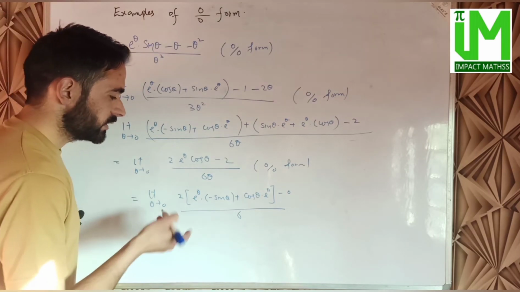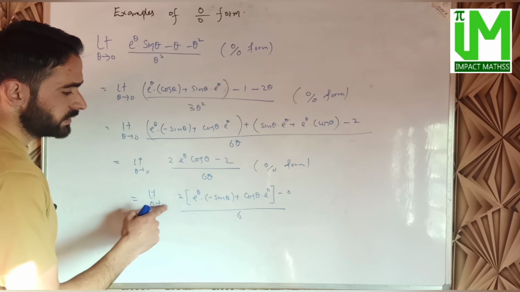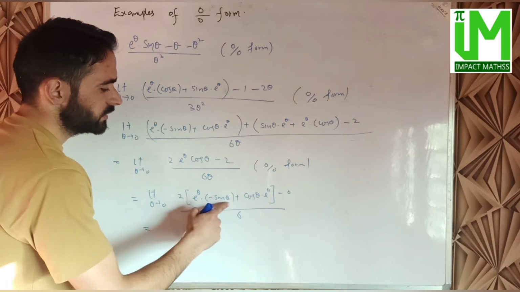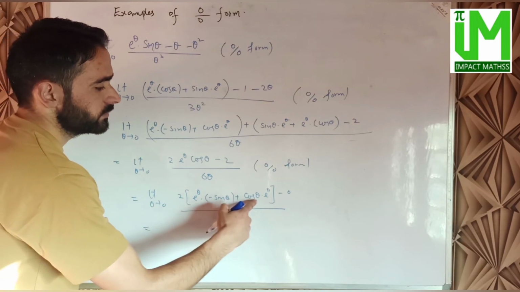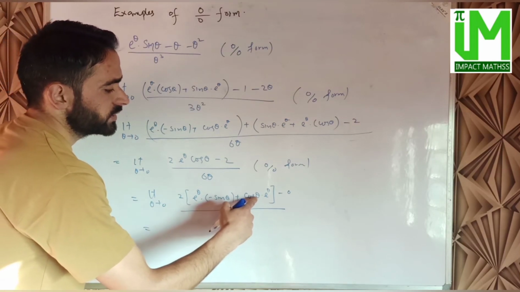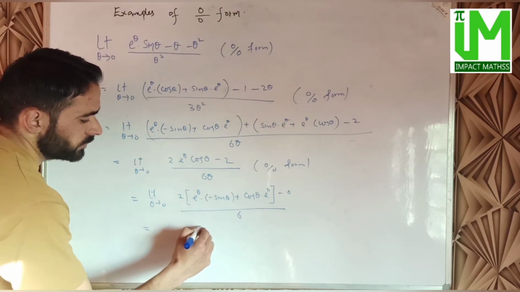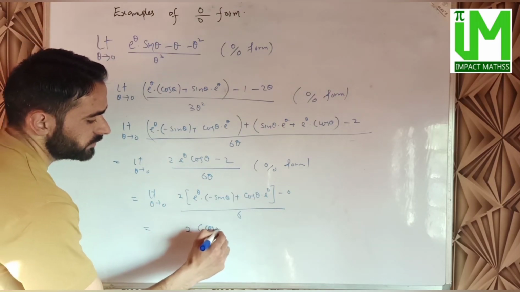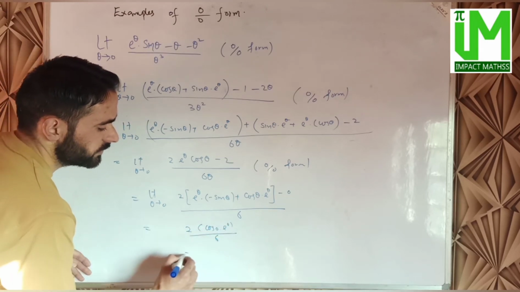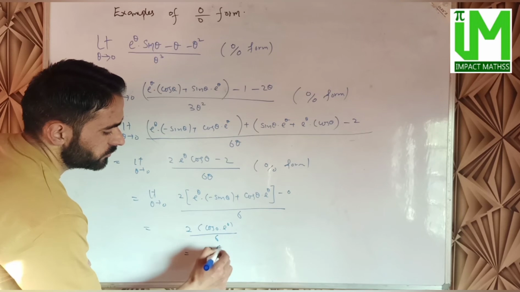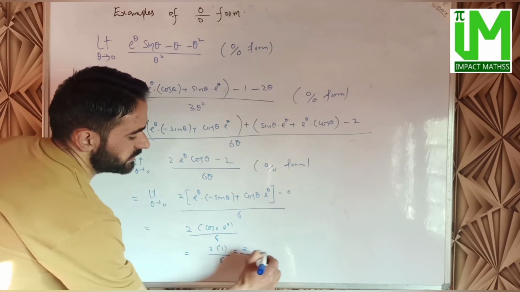Now we'll check whether the indeterminate form has been avoided or not. So when theta tends to 0, sin theta will be 0, so 0 into this whole thing will be 0, cos theta will be 1, so it will be cos theta 1 into e to the power theta, so it will be 2 into cos of 0 into e raised to power 0 divided by 6, which will be 2 into 1 divided by 6, so it will be 2 divided by 6 which is 1